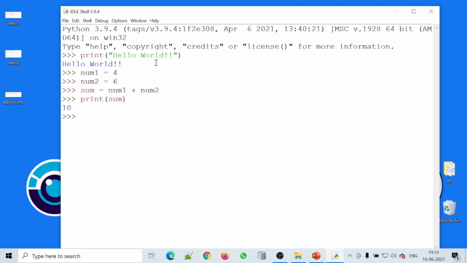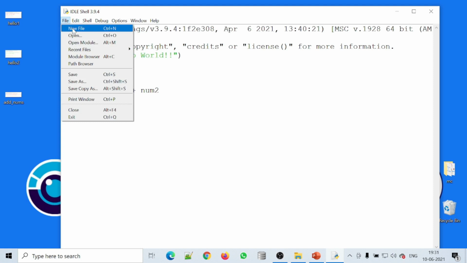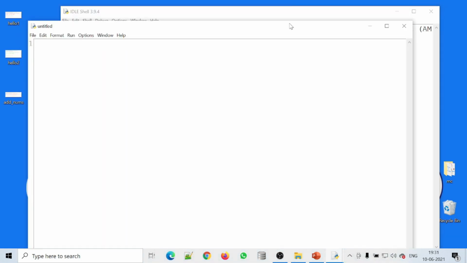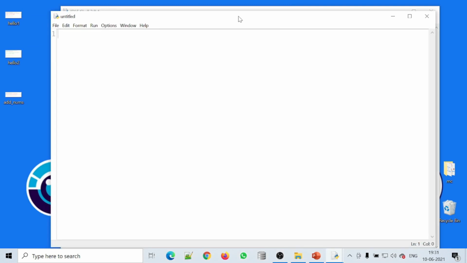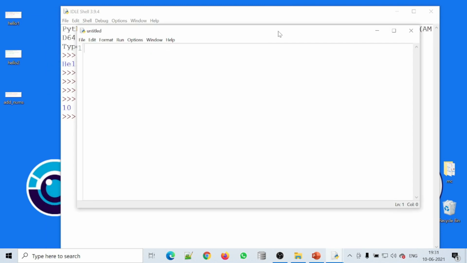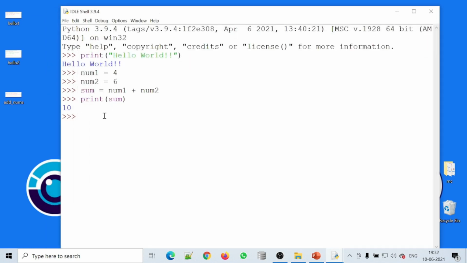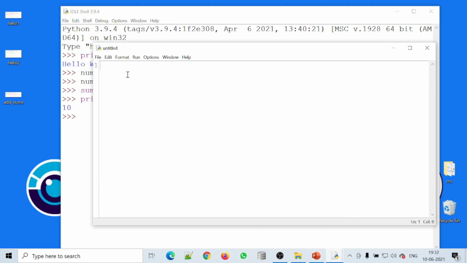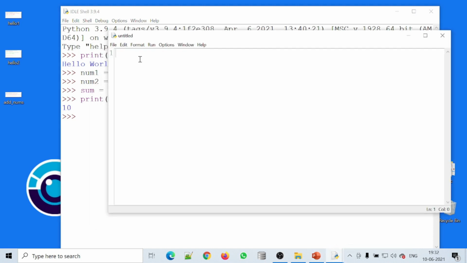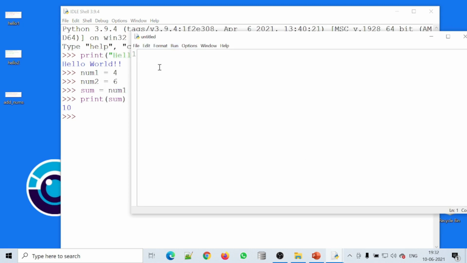Now let us look at the second way of writing and executing a program using the Python IDLE editor. From the file menu, open a new file. It will open an untitled file like this. Now let me make it a little smaller so it looks better. Fine. And here we can see this is the Python shell, so our output will be over here, and we will write the program in this Python IDLE editor. We will write commands over here in the editor, and the output will be displayed on the Python shell.